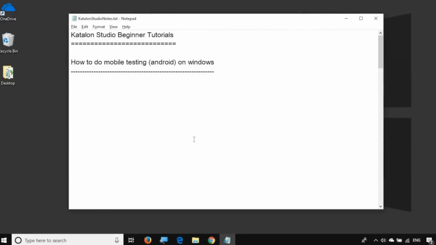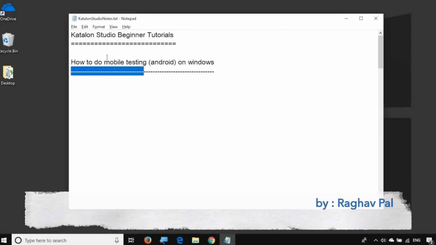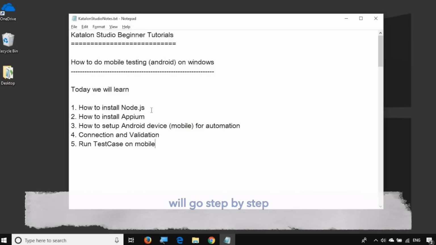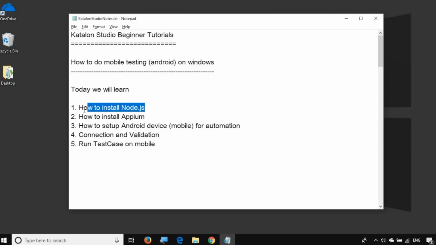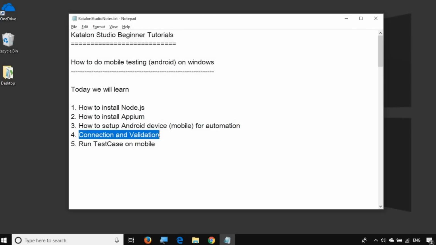Hello and welcome to this session on Katalon Studio beginner tutorials. Today we are going to see how we can do mobile testing on an Android device on the Windows platform using Katalon Studio. We are going to go very basic, step by step, and we will learn how to install Node.js, how to install Appium, and how to set up our mobile device for automation. We will see how to do the connection and validate it, and finally we will run test cases